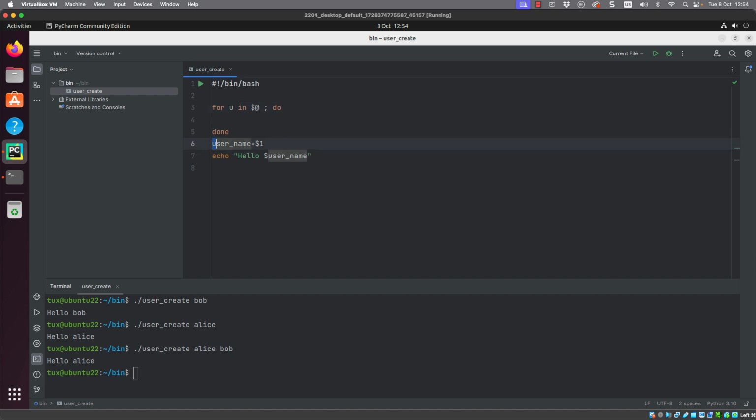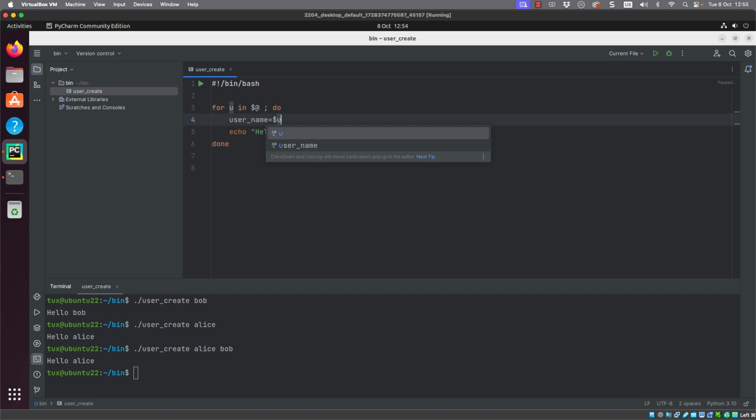And I can then specify for u in $@. So for my username, in all of the usernames that I have supplied, and that's in the variable $@, I then want to go through and process them. So I can set my username variable instead of $1 now. It's going to be $u, the temporary variable that we are using.